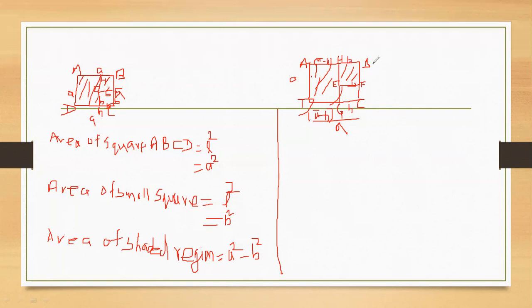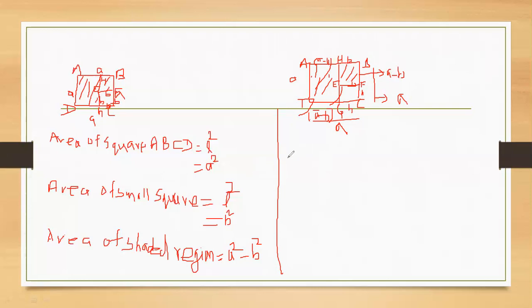Now look here. This total part was A, and if this is B, then what is remaining? This part remaining is also A minus B. This total part was A, that's why from this A we subtract this part B, then the remaining part comes A minus B, and this will also automatically be A minus B. You know, opposite sides are equal, and this is B, then the upper part is also B.